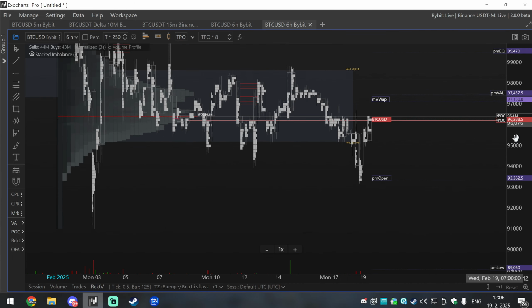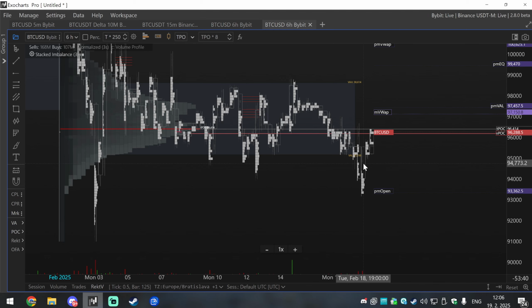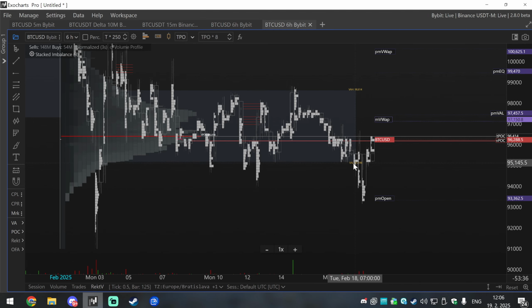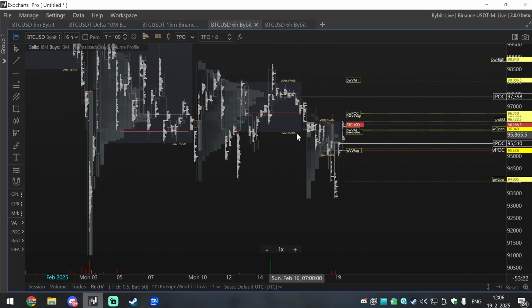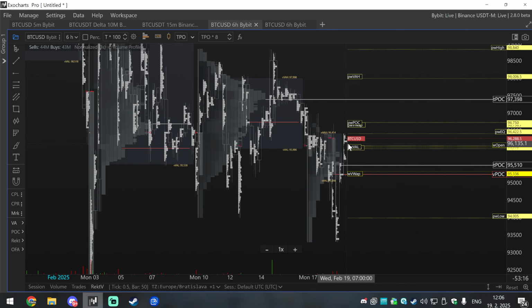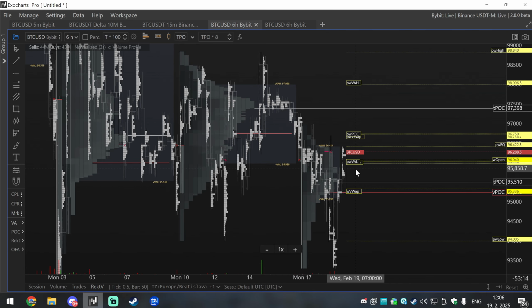All we want to do also now, again, this V-shape recovery is pretty important because I want to see Bitcoin pushing back and staying inside the 1 month VAL as well. Because you have traders who are watching only weekly, daily and monthly volume profiles, and we want to keep them happy. So we want to stay inside this 1 month VAL and get acceptance, then rotate again the monthly range. From the weekly perspective, we did the 1-to-1 extension of the previous profile, so that's already completed. And the weekly open is reclaimed, so that's great.